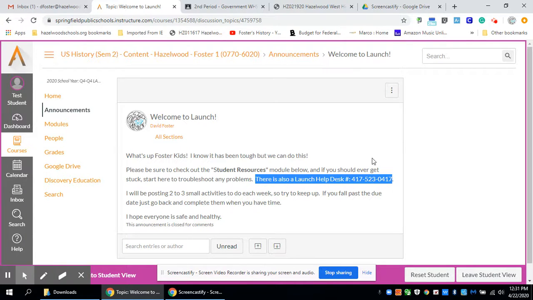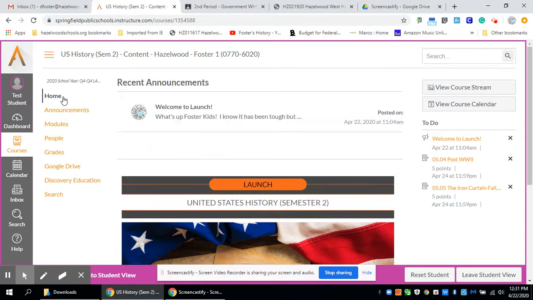You guys will notice, and this is what I've noticed after using Launch for a couple of days, that Launch is very similar to Google Classroom. And I know we were all very familiar with Google Classroom, but the district wants us to move to this program, so we have to do what they want us to do. So I want you to just make sure and